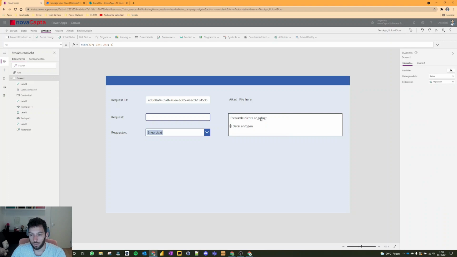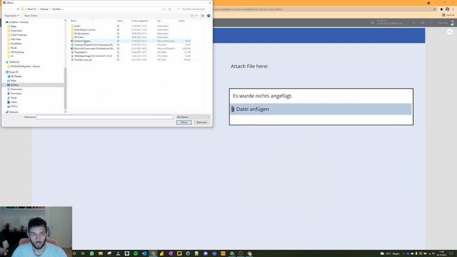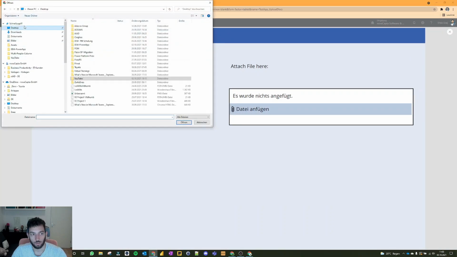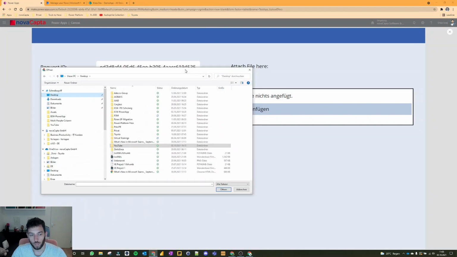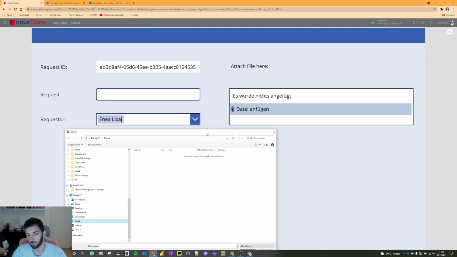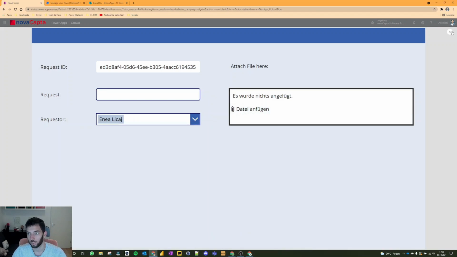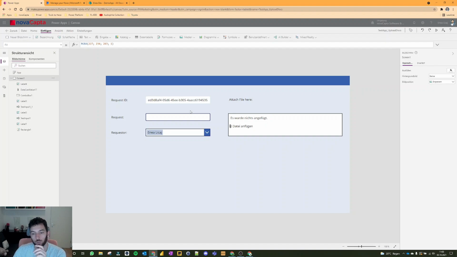So we have now our control here, and if we test it, as you can see here, we receive our control to upload a file, which works as it should. Perfect. What we want to do next is, after filling out the metadata, we want the application to upload the